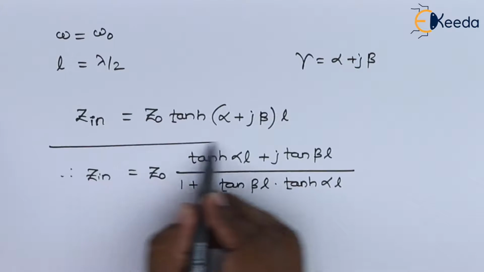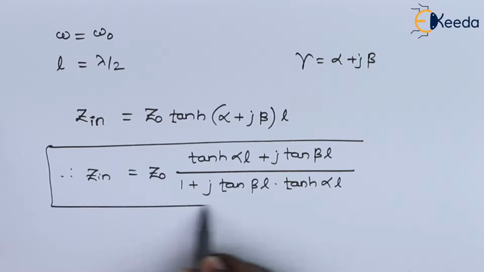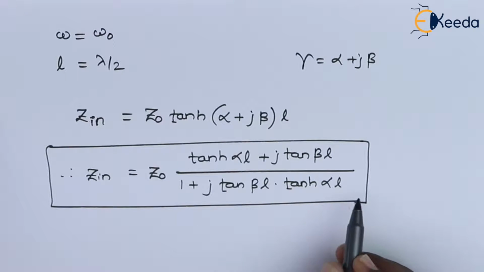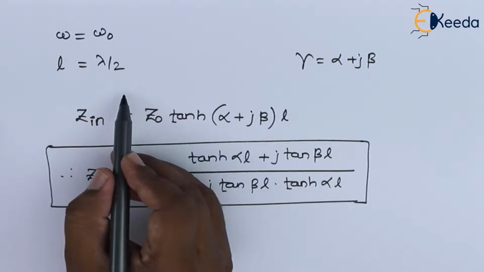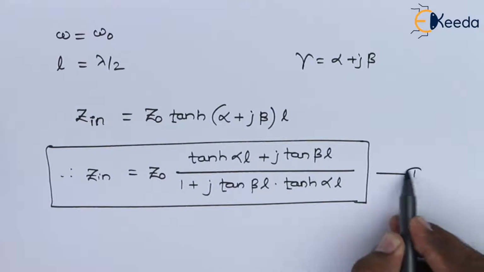So this is the form of the input impedance for a short-circuited lambda by 2 line,